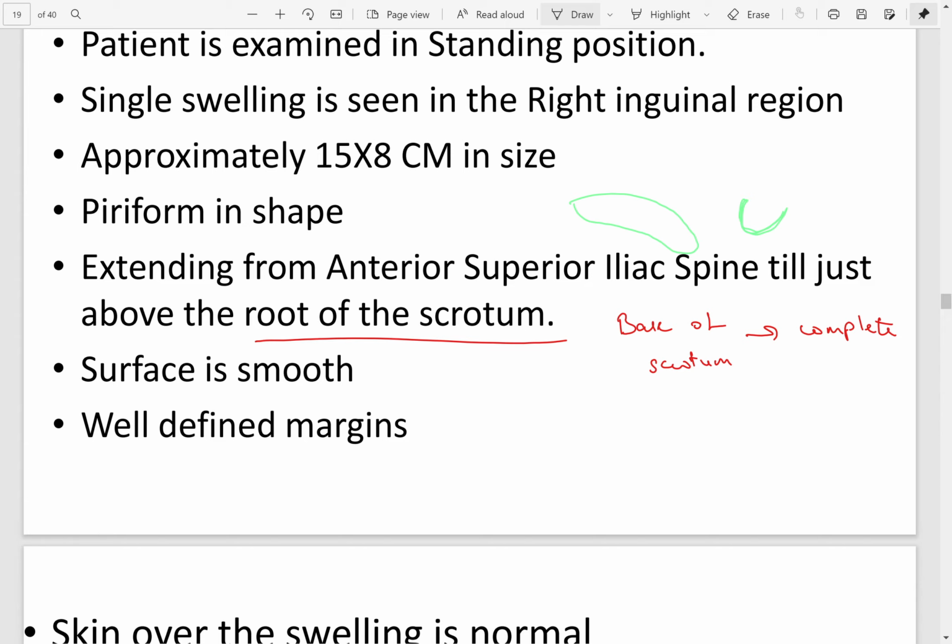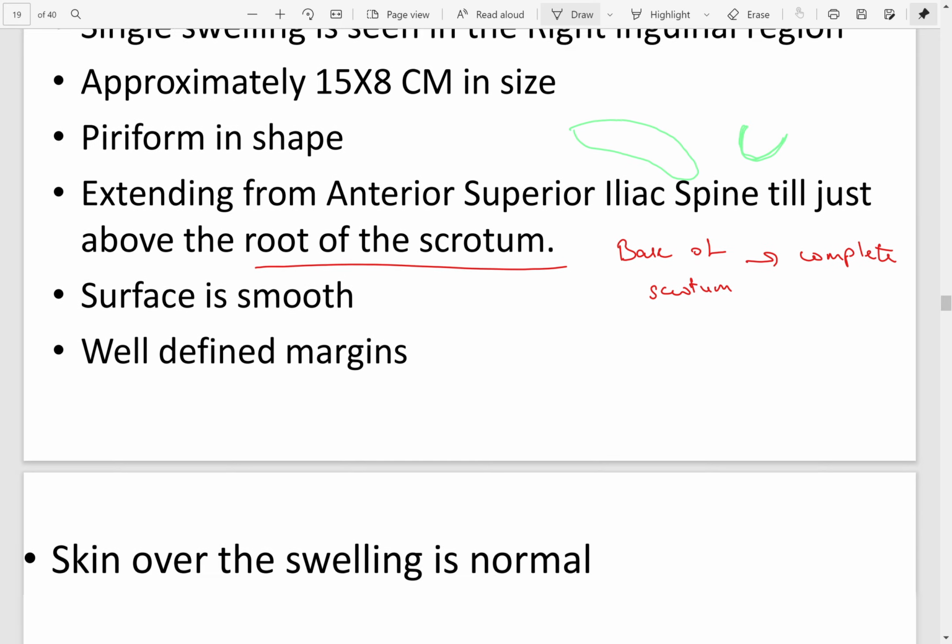So complete is the hernia, the bowel contents pass through the deep ring, superficial ring, and reach the base of the scrotum. So that is a complete indirect hernia. Incomplete indirect hernias are again of two types: bubonocele and funicular. Bubonocele is where it passes through the deep inguinal ring, but not through the superficial inguinal ring.